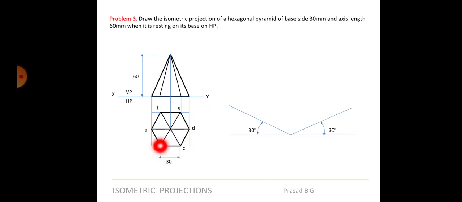Maybe when you're drawing, you will find it difficult to know how to draw. So what to do? One side is parallel, right? This side. So extend the line on either side. Okay. Same way, from the other side also extend the line. Then what you have to do? You get this. You already have this projection, isn't it? So wherever that meets, that will be the boundary on either side.